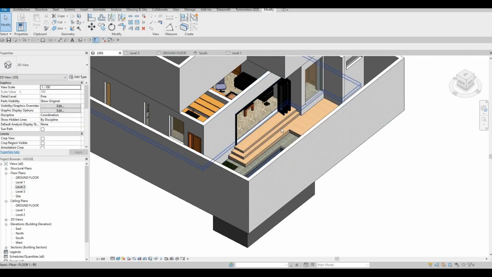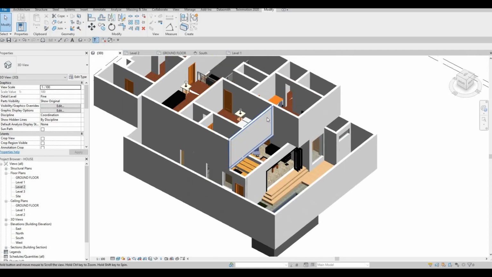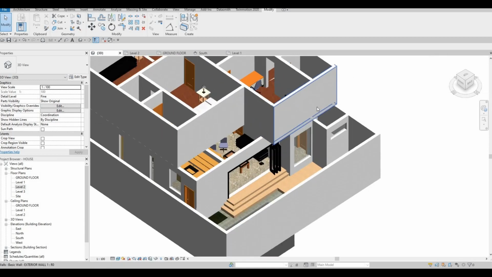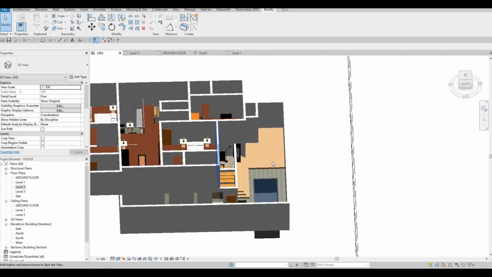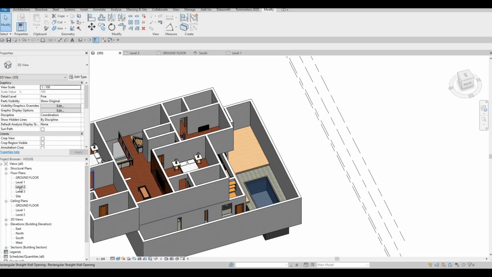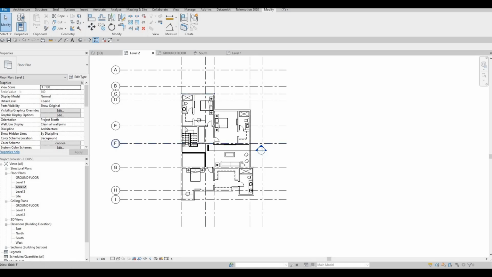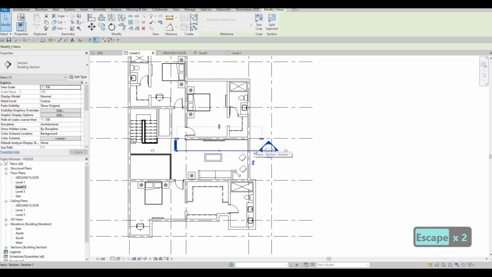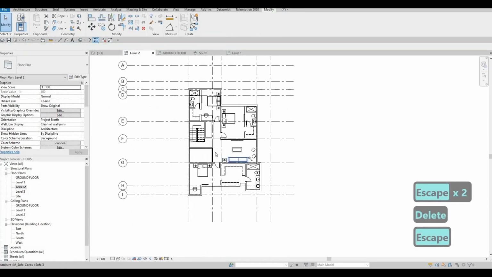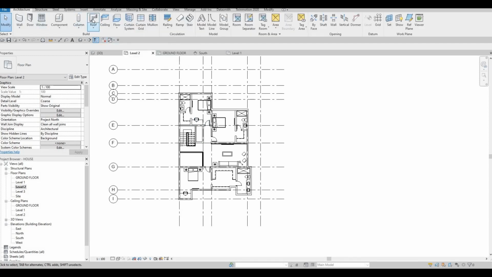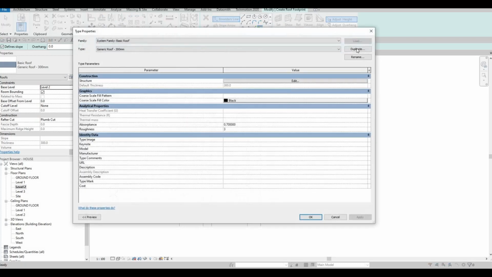So now what I'm gonna do is I'm gonna complete the roof first, and then let's do the awning for this part. But I want to complete the roof first so that we know where everything is. So I'm gonna go to level 2 first so that we could see how the roof goes. I'm going to delete this for now, and then here I'm going to architecture and then click on roof and then edit this type, duplicate roof number 1,